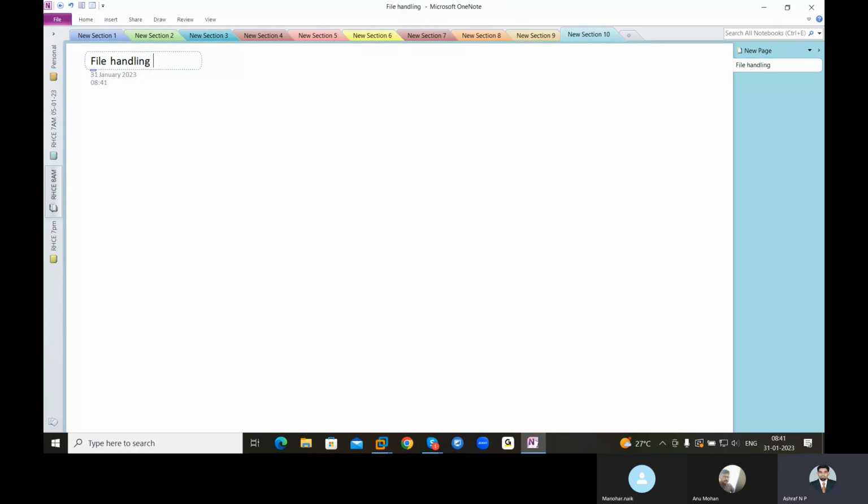Handling files with Ansible. Like in programming languages, in C we had file handling, in Java we had it, in Python we have file handling. Understand it the same way. You can handle files even by using scripting tools, like by using shell you can handle files. By using Ansible also you can handle files. So the chapter name is handling files with Ansible.